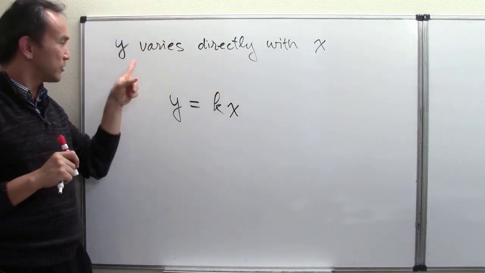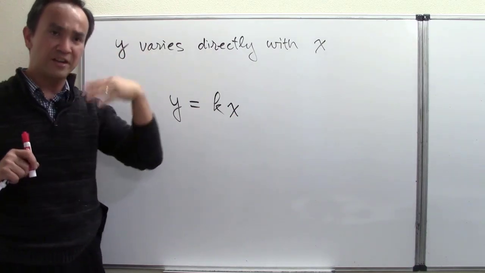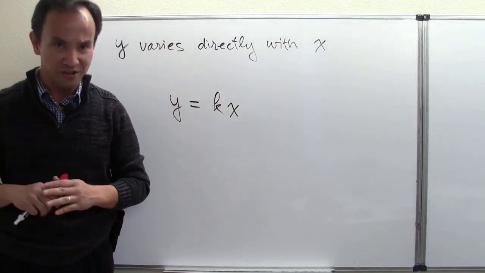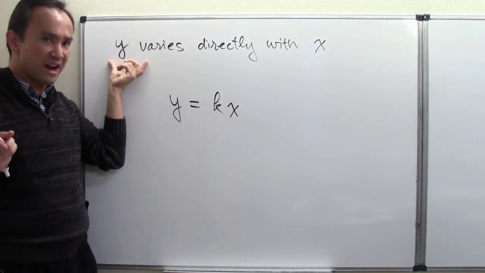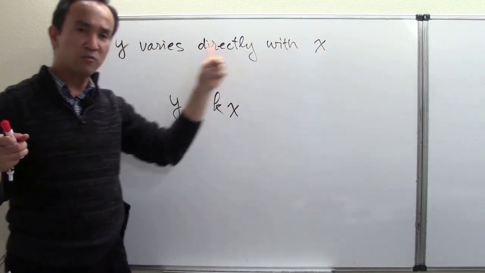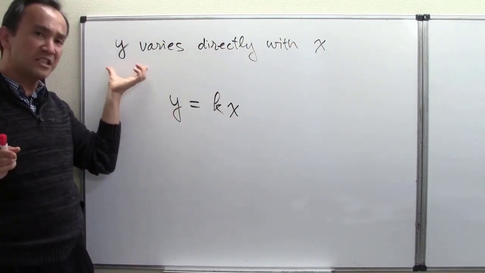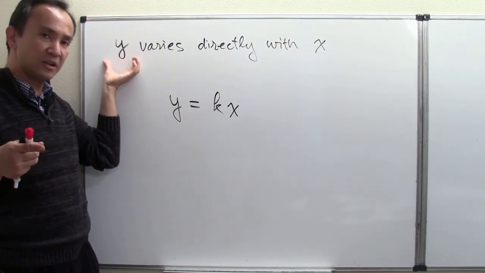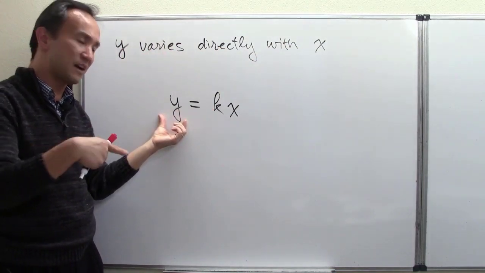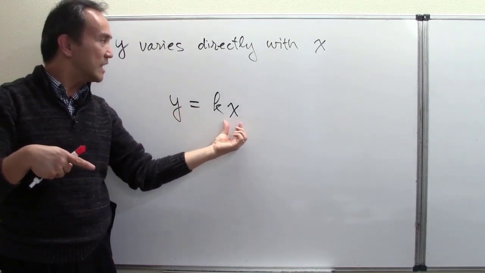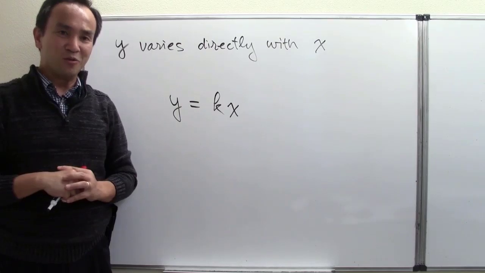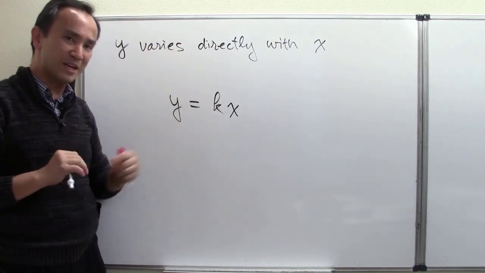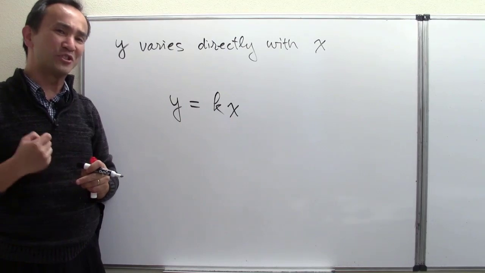I purposely want to bring this up so that you can notice this phrase will appear very commonly among any problem you're doing, as long as you're working with direct variation. The way it is stated will always be the same. You may be working with different variable names, but anytime you run into the phrase, a variable varies directly with another variable, you put the variable that varies by itself on one side of the equation, and make it equal to the other variable multiplied by a constant k, a coefficient k. That's everything we need to understand about the structure of this phrase and how we translate it into a mathematical equation. Now let me bring up an actual example